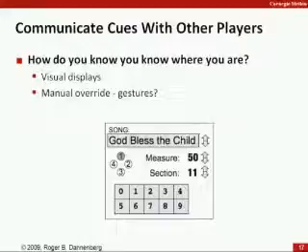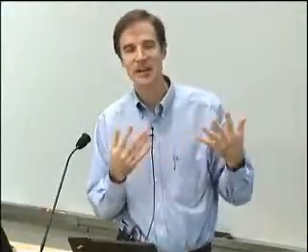The next thing is communicating cues with other players, and so the problem here is not how do you know where you are, but how do you let others know where you are. And musicians do this all the time in very subtle ways sometimes. So for example, when I'm playing with other trumpet players in a band, we're typically playing different notes but the same rhythms. And so just standing next to someone who's breathing, inhaling, getting ready to play the note at the same time you are, you have this kind of sixth sense that you must be doing the right thing because you're breathing at the same time they are.